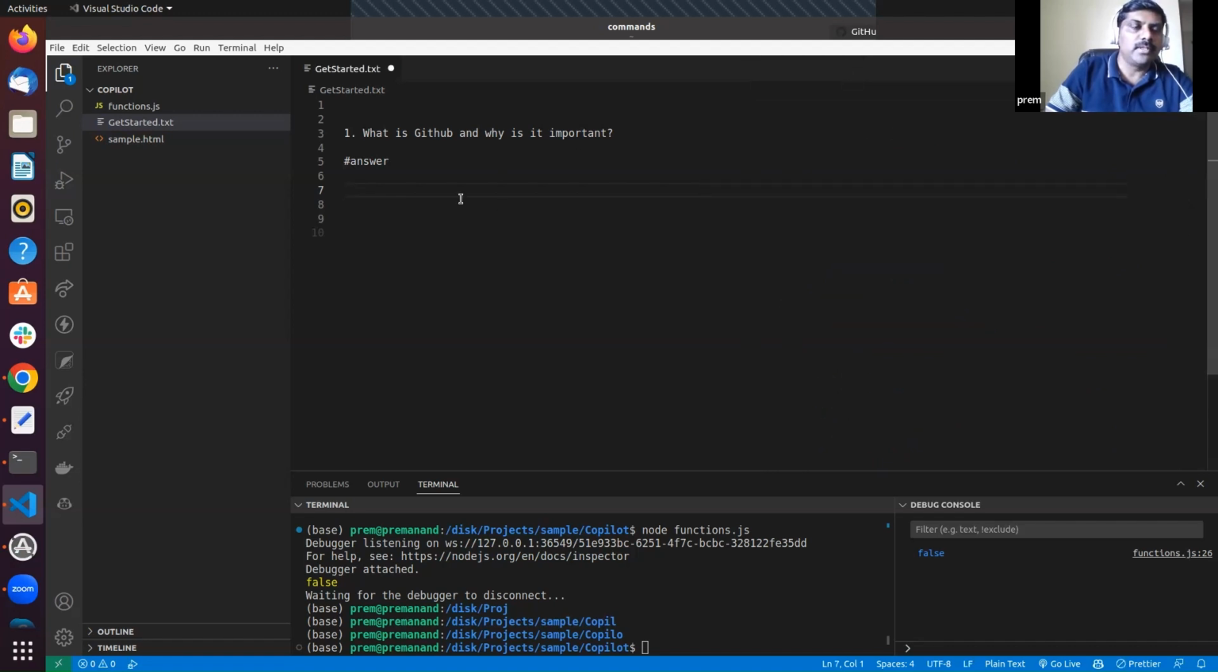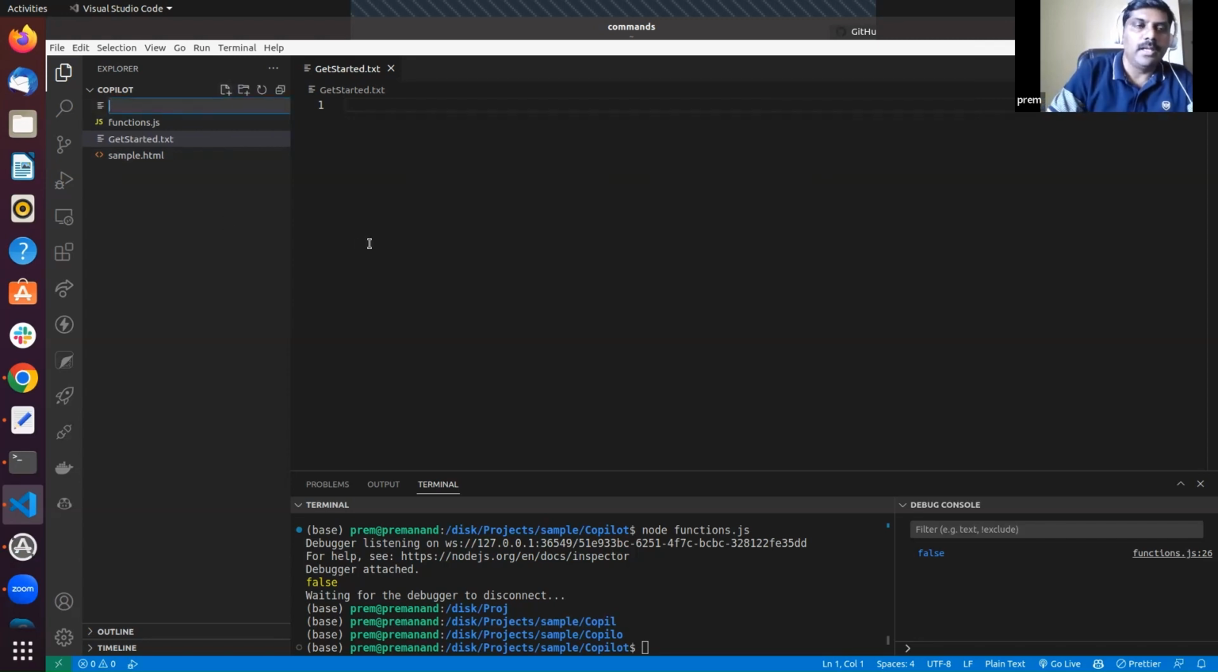We will try with a simple HTML code. Let's see if we are able to generate some code in HTML without writing from our side. Let's ask Copilot to write some code for us. I'll create index.html. I'm going to just write a comment here. I'm going to say, boilerplate